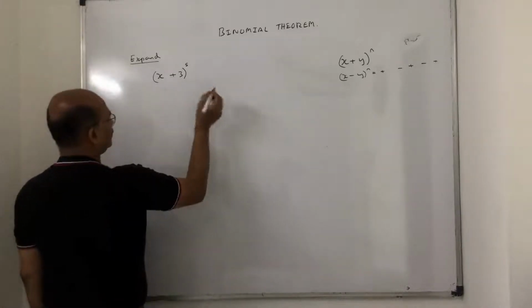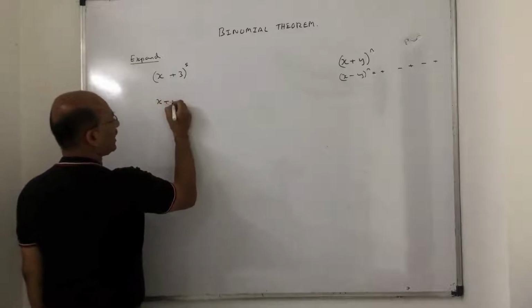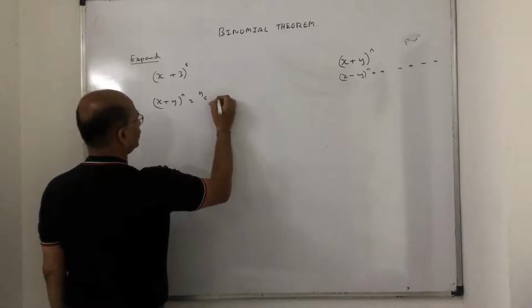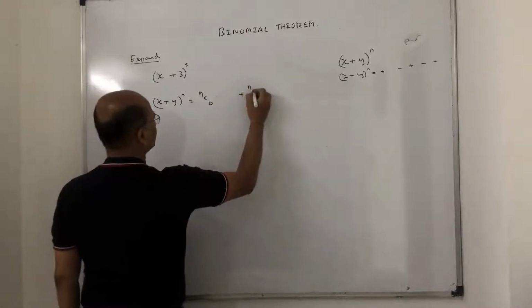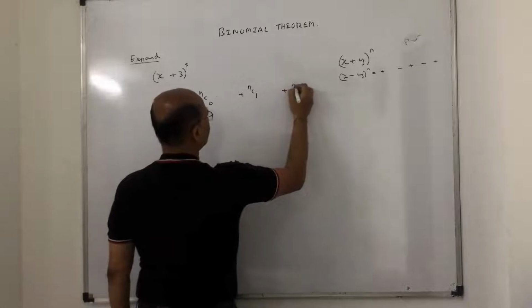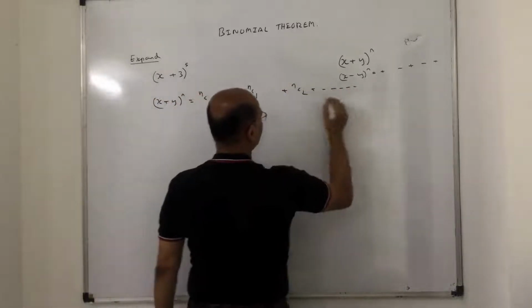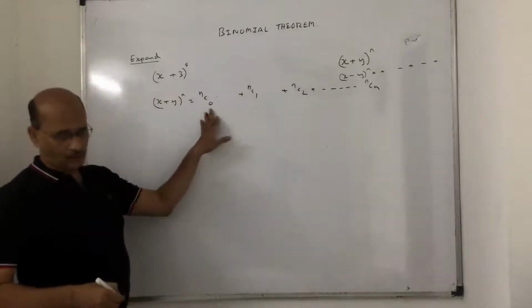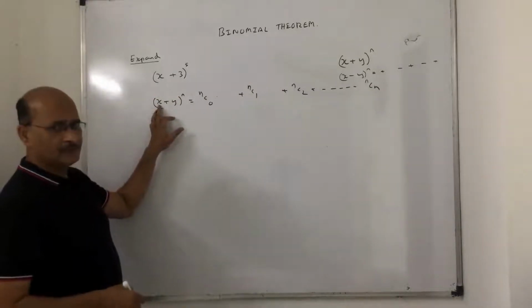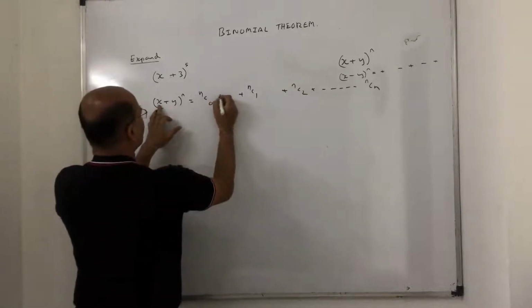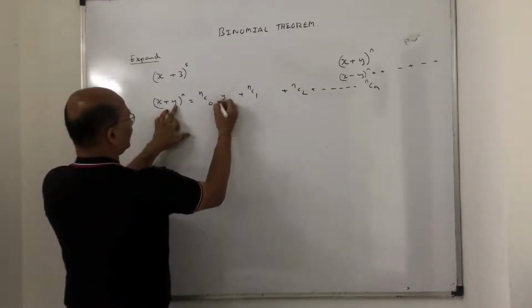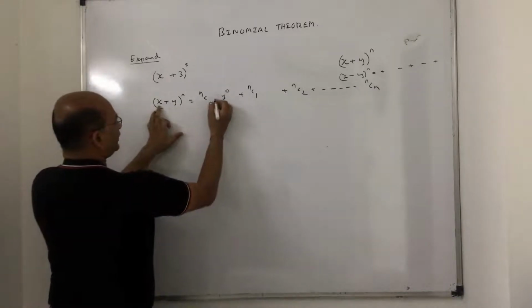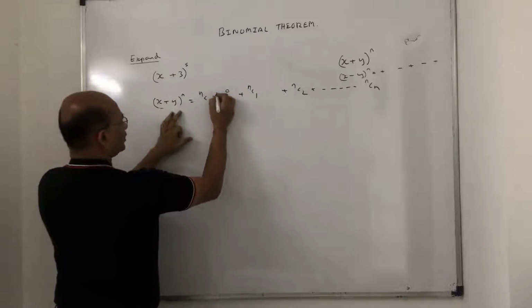Before we proceed, remember (x + y) raised to n is always nC0, plus nC1, plus nC2, and so on, up to nCn. This gives us the coefficients. Then the first term has the maximum degree, so x raised to n, and the second term you put here as y raised to 0, and this will be n minus 0, so x raised to n.